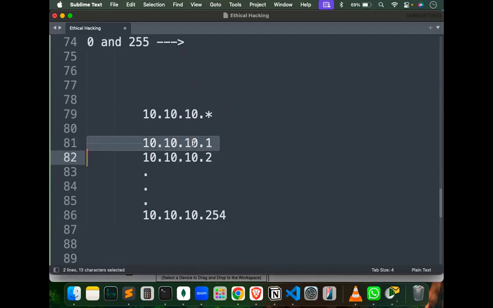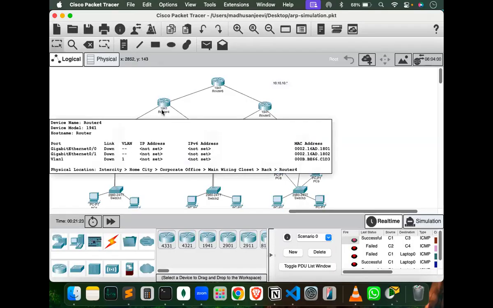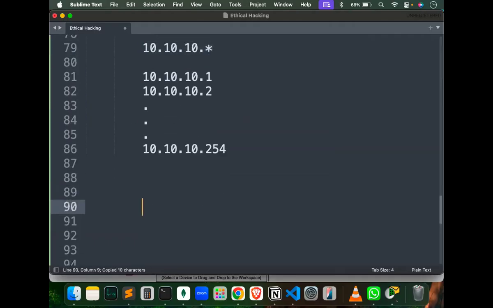Yeah. So you can connect this to one device, this to another, this to third, all the way here. Technically, you can connect 254 devices. So this means this college's max capacity is 254. If you try another 10 computers, there is no IP for you. For that, what you do is, let's say,